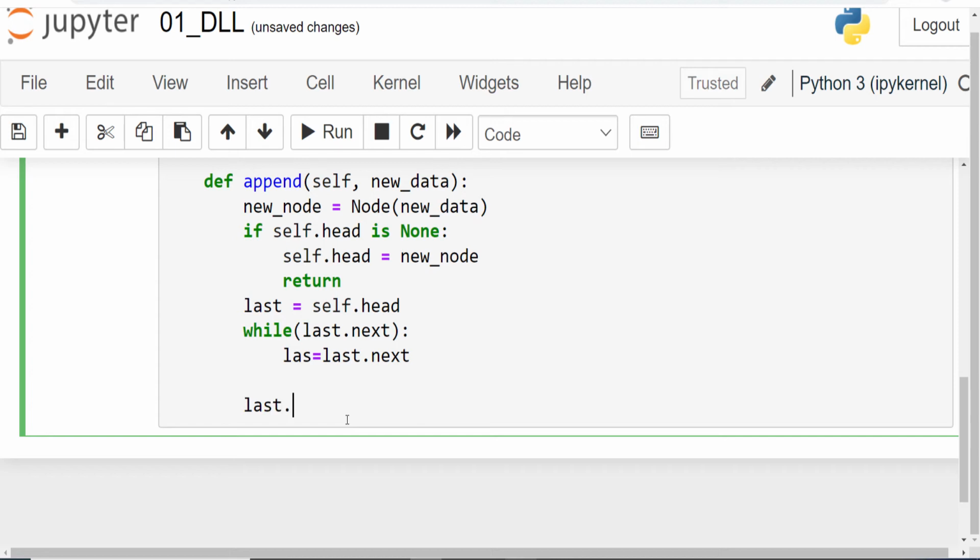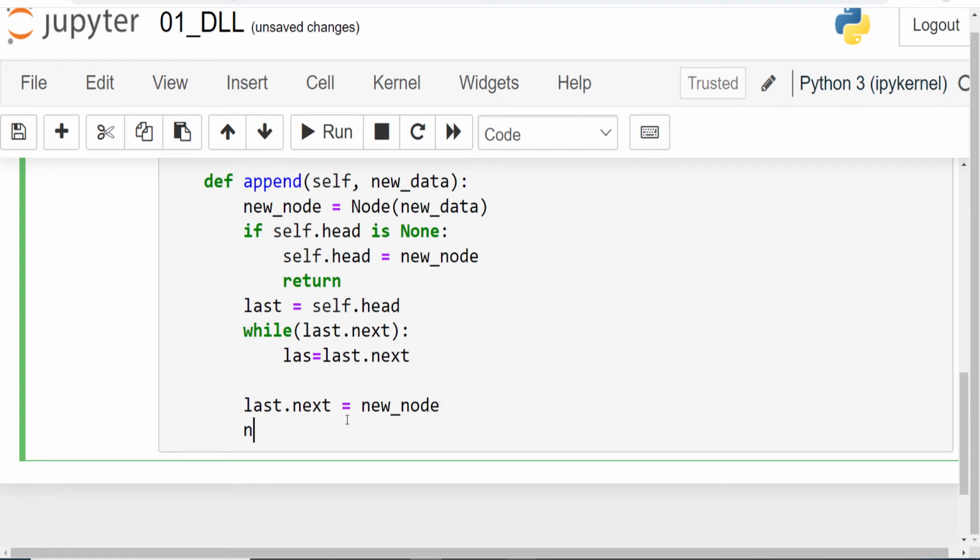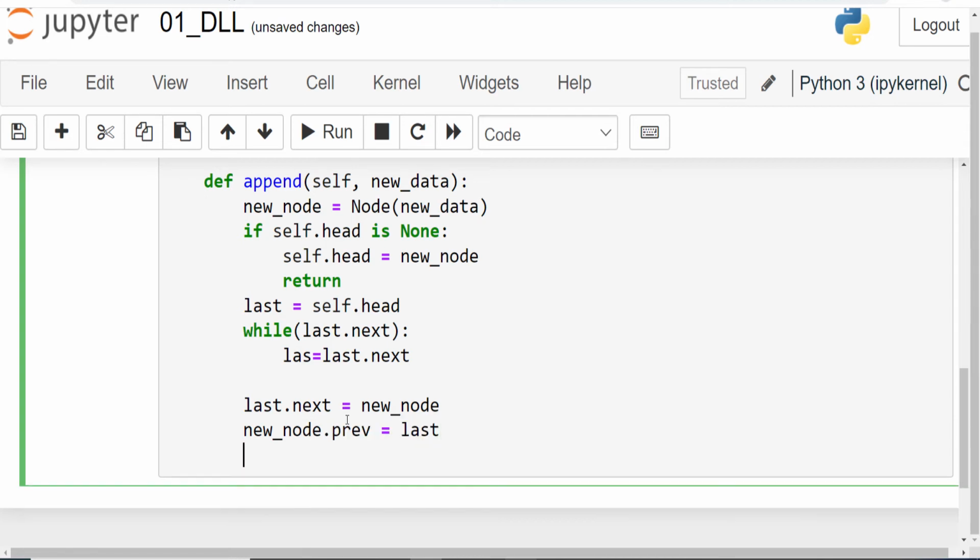Last.next equals new node, and here we are setting the previous link of the new node to the last. New node.prev equals last, and that's it. And we are going to say return.